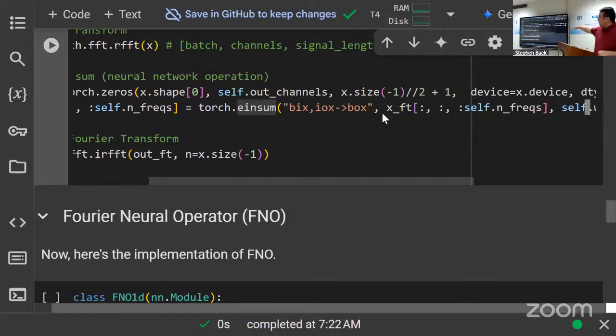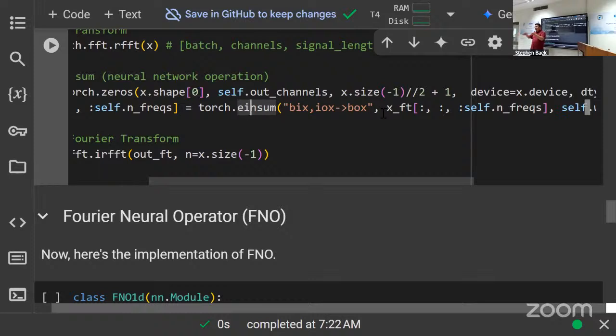Now in PyTorch, what that einsum does is to let you define any arbitrary tensor multiplication. So inside of einsum, we have BIX comma IOX, and then we have the arrow and BOX, okay? So what happens is we have two tensors coming in to the summation, and then as a result of the Einstein summation, we produce one tensor, okay? The first tensor we're going to index B, I, and X. So B here stands for the number of batches. I stands for the number of channels. And then X stands for the number of